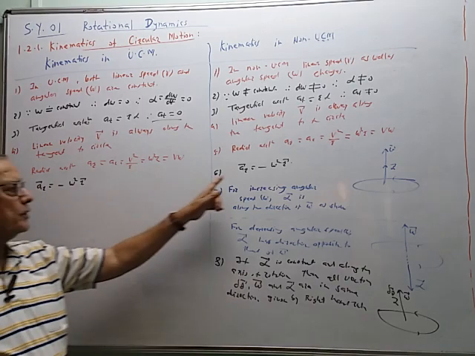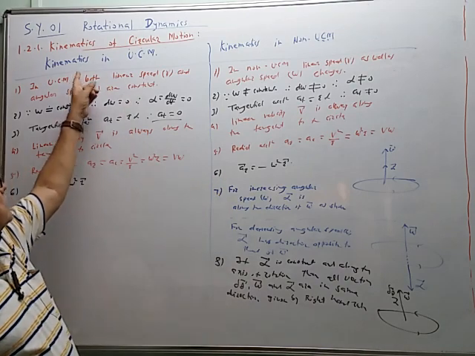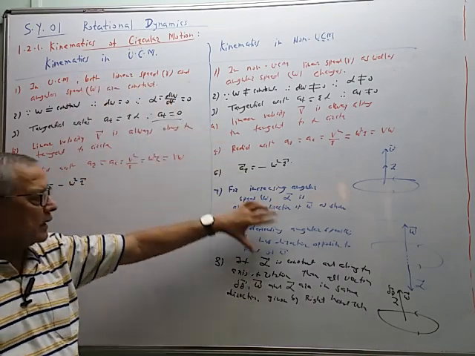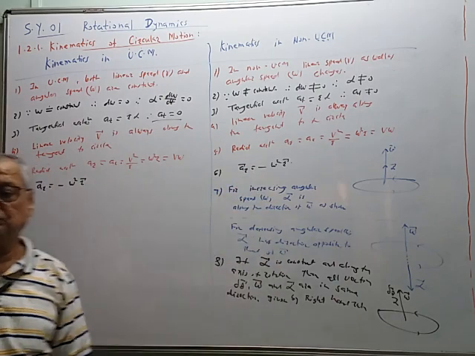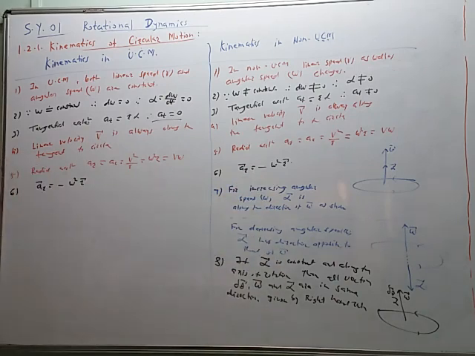So first 6 points are kinematical equations in UCM and non-UCM. These are extra points for non-UCM. So this is about the kinematics of UCM and non-UCM. Now next we have to see dynamics. So we know the difference between kinematics and dynamics. In kinematics we are not considering the cause of motion.